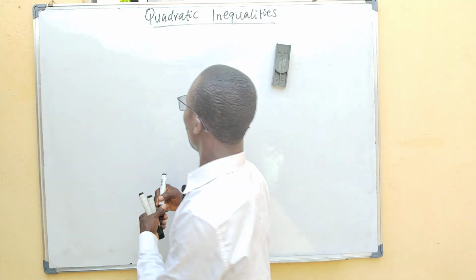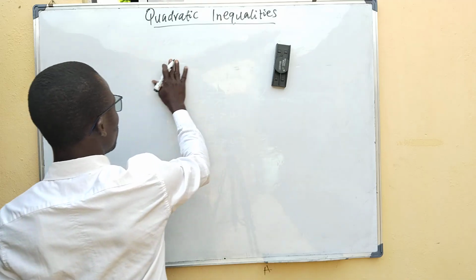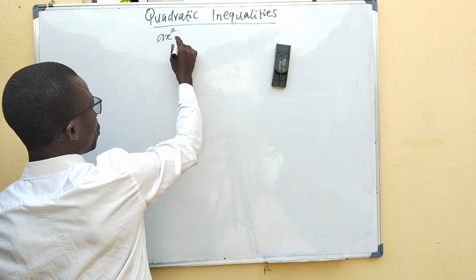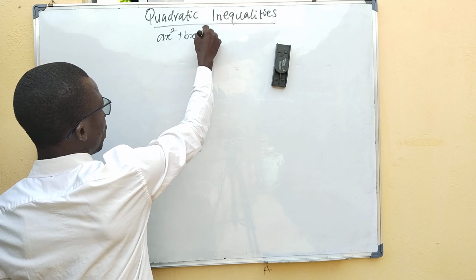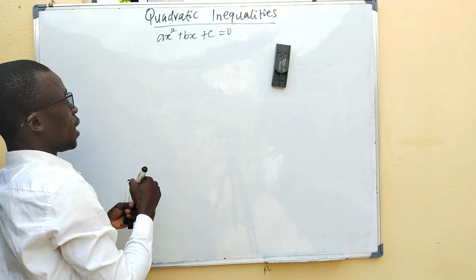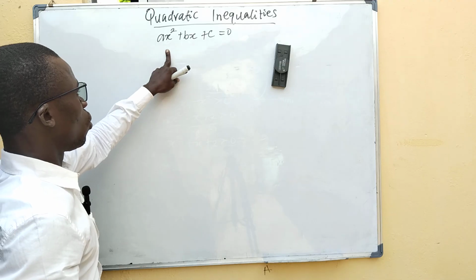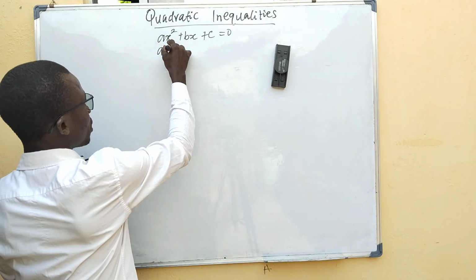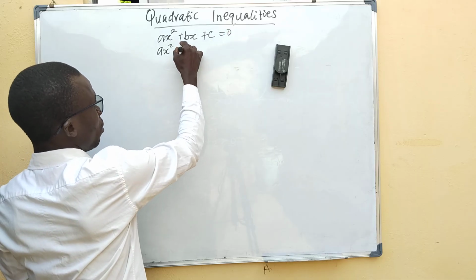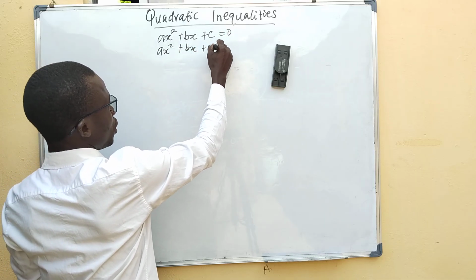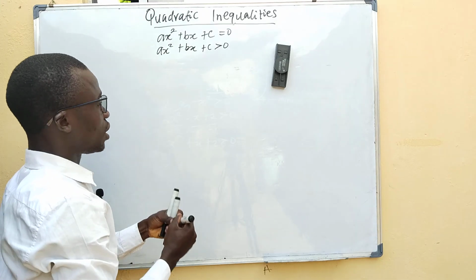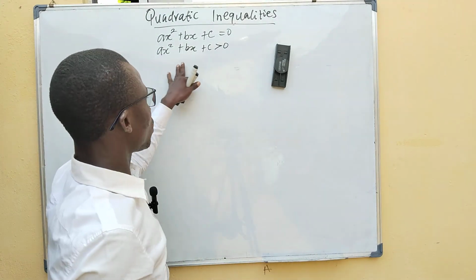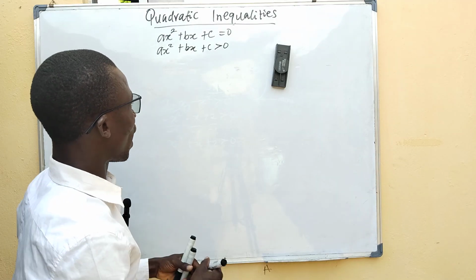But today, since we are working on quadratic inequalities, we can quickly remember that quadratic is represented this way: ax squared plus bx plus c is equal to 0. Here, this is an equation. But when we have ax squared plus bx plus c is greater than 0, this is what? Quadratic inequalities. Now, in this quadratic inequalities, we are going to have